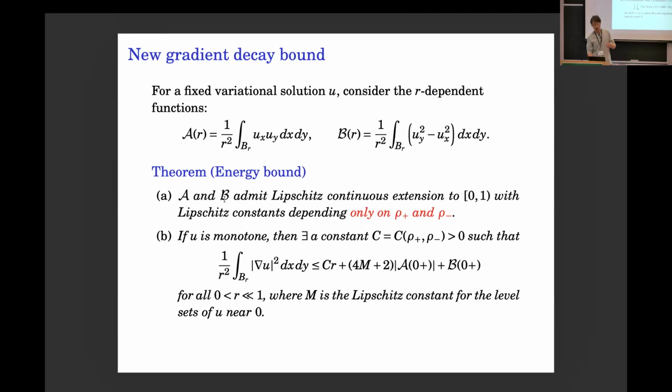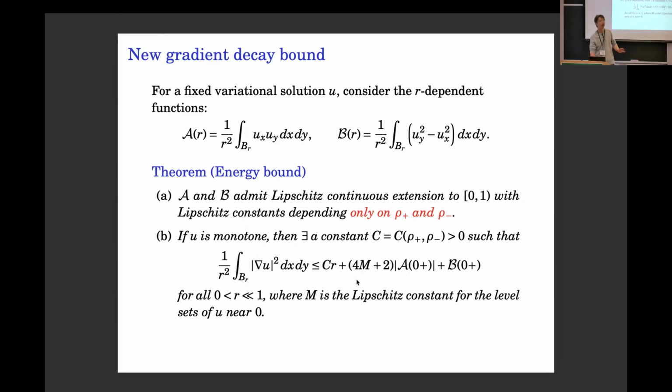So I just said instead of a pointwise bound, we're looking for some average bound. This is the auxiliary quantity, which at first glance seems a little mysterious. But if you turn everything into the complex plane, this is like the square of the real and the imaginary part of the speed, a gradient. So this, what we call the energy bound, provides an average gradient bound in terms of these quantities.